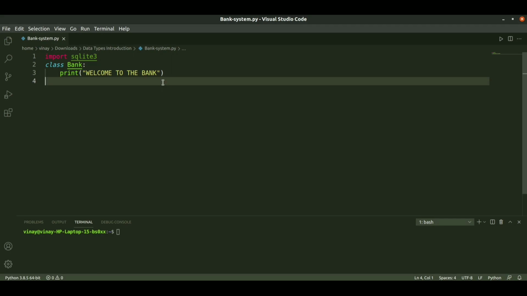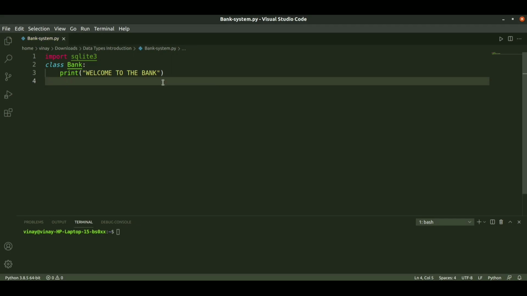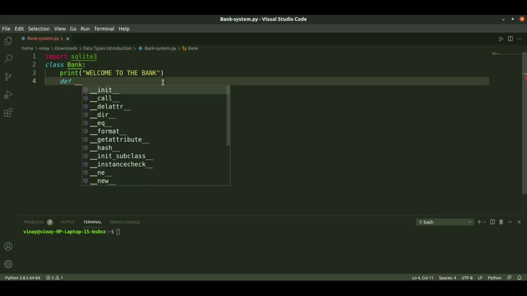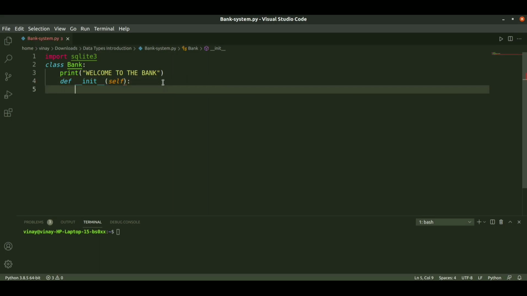Next we will define the constructor, def __init__ with self. In this we will connect the database with SQLite 3.